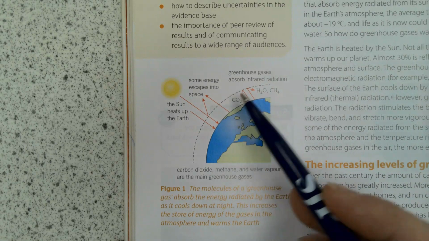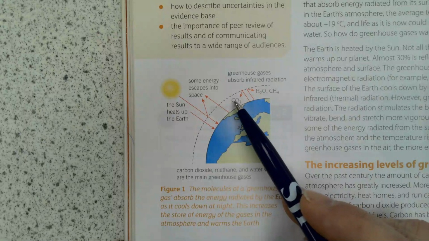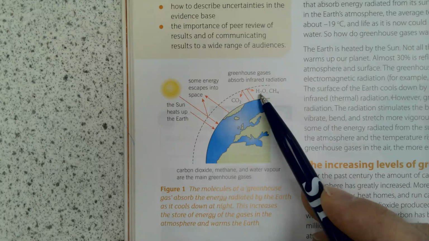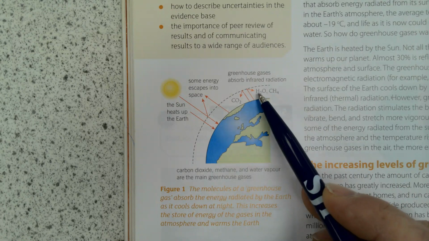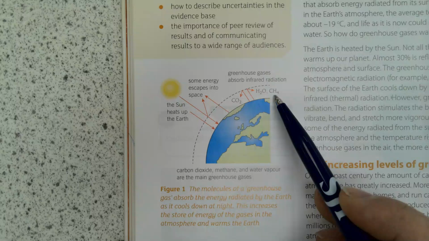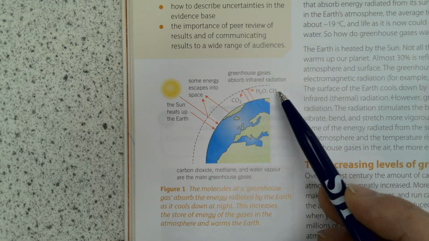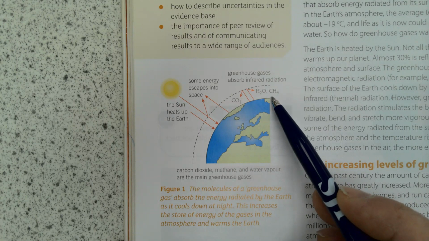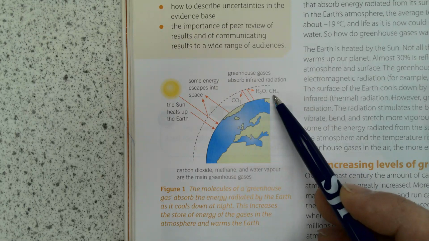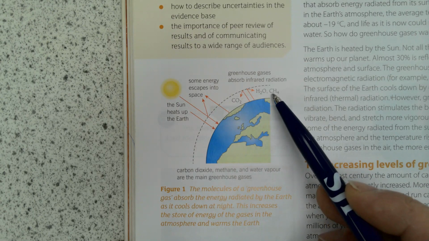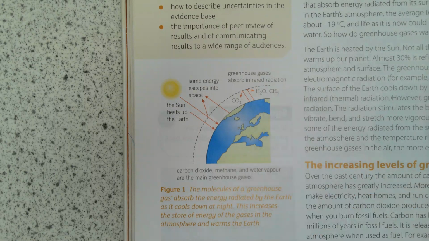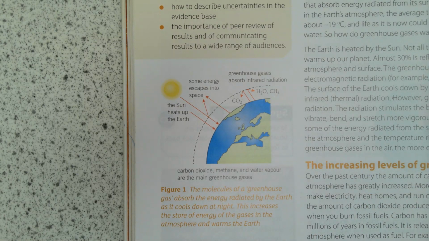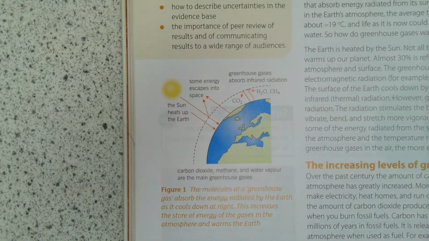the greenhouse gases, in particular carbon dioxide, because there's a large quantity of it in the atmosphere, water vapour, the levels of which are changing all the time, and you know about the water cycle, and increasingly levels of methane as well. Methane is a very powerful greenhouse gas, though there are quite small quantities in the atmosphere at the moment. They absorb the infrared radiation, then they re-emit it. So they absorb it, they get all excited, and they re-emit it again. Right? So we need to go through that process properly.